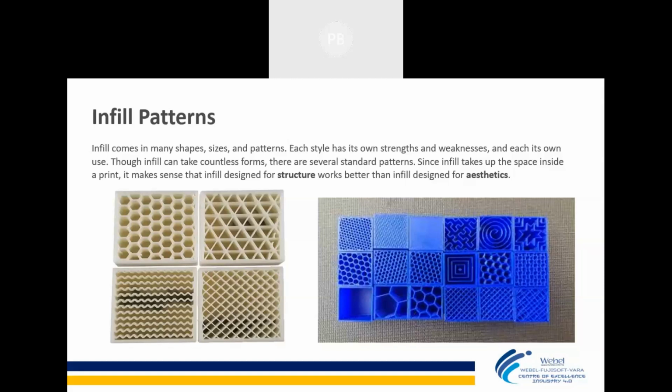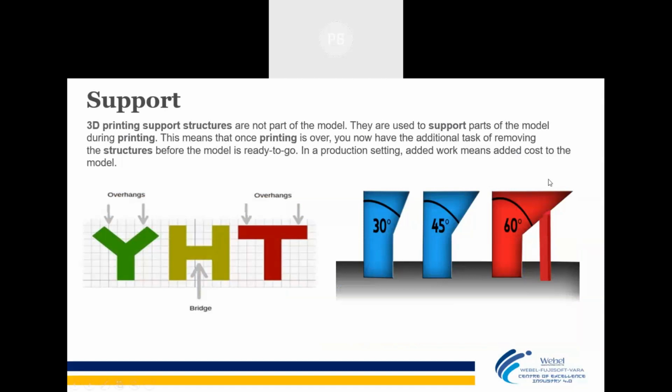Yes, sir. So we'll come up with another topic which is support structure. So 3D printing, yes, there is a wastage in 3D printing too. As I mentioned, there is a wastage of 1 to 5%. Now you just imagine there is a product, support. We need to develop a certain level of support structures when we are doing 3D printing. So in 3D printing, support is not part of the model. The desired model is what we want; support structures are not part of that. So we need to develop that support structure additionally, which is considered to be the wastage of the product.